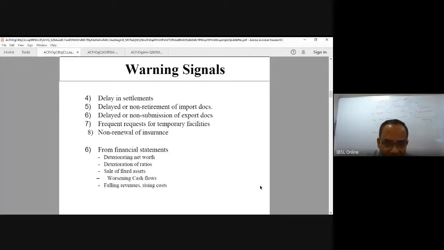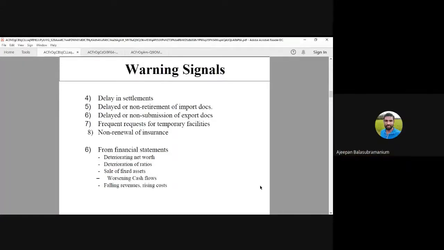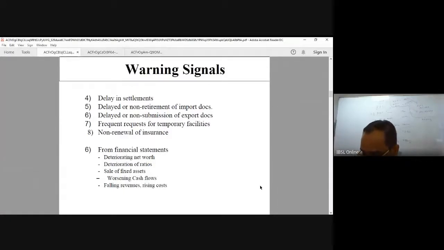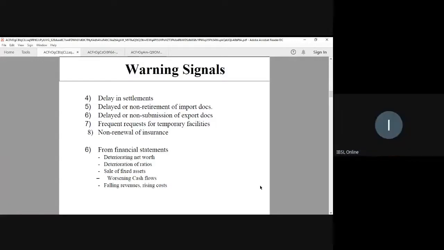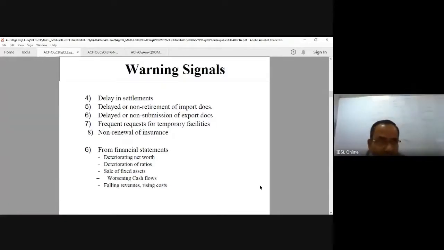Any questions? What about kite flying, sir? Yeah, kite flying is very much in the market, unfortunately. So the kite flying is, that's what I was telling you, you use one account. From that, you transfer from one account to another account, another account, and then